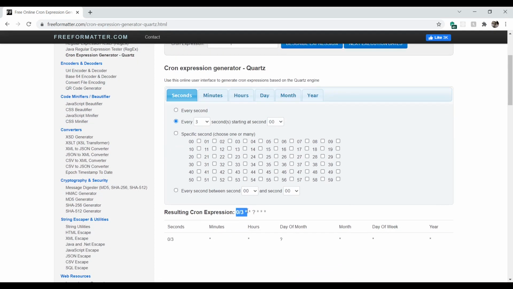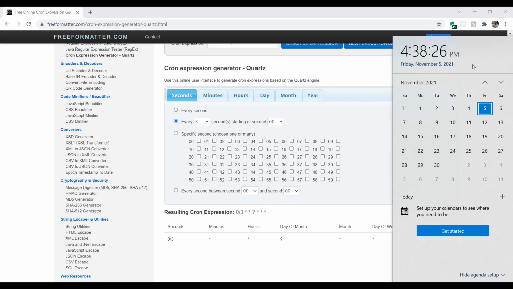So if you write this cron expression, you should ignore the last one, that is for year. So the Spring Boot accepts only 6 entities in your cron expression. So what it means basically is that the scheduler or the task will be executed after every 3 seconds, and that minute should start at 0, which it always does.